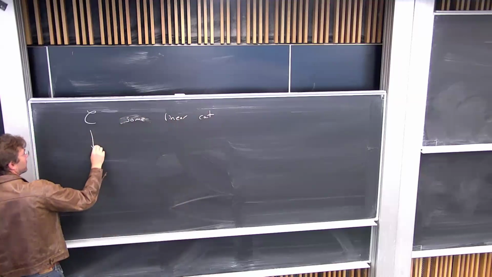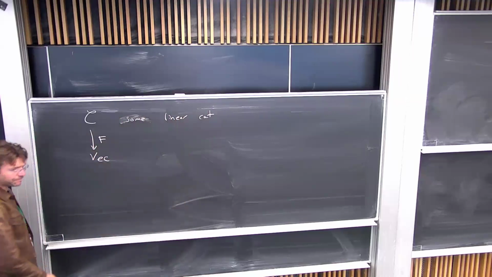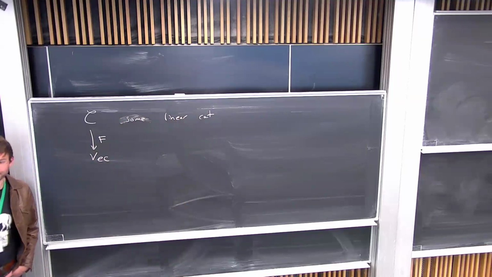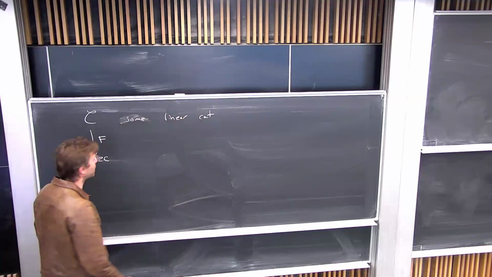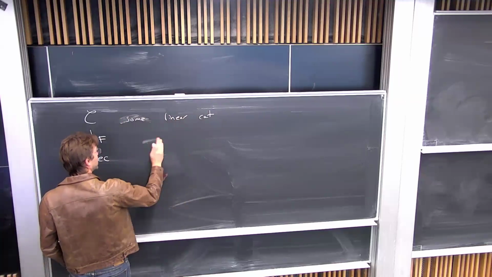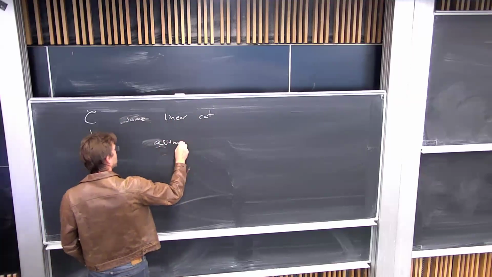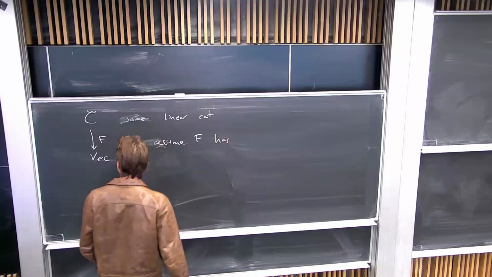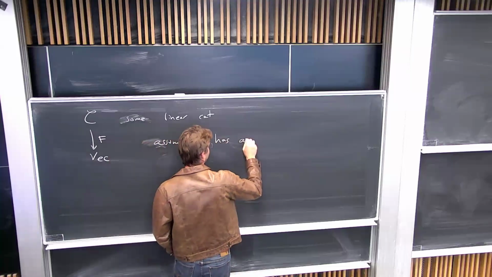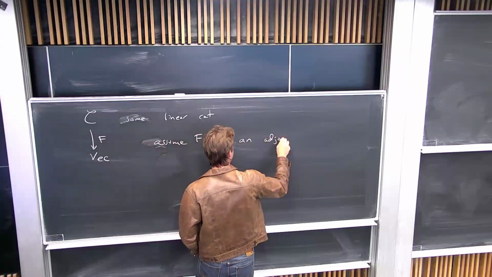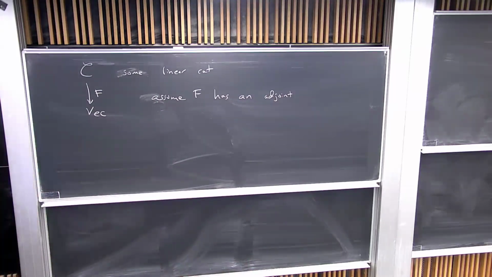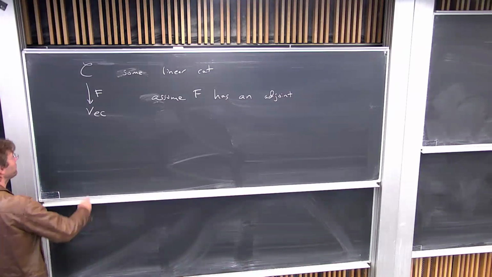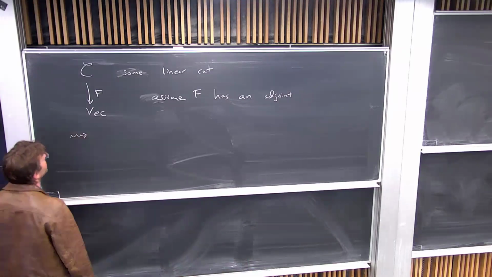And maybe you give yourself some functor to vector spaces, and you give that functor a name, you call it the fiber functor. And perhaps that functor might have an adjoint. Let's assume F has an adjoint. I'm not very good at left and right. Then a thing you could try to do is, you don't even really have to assume it has an adjoint, but a nice thing to do is that then you can look at